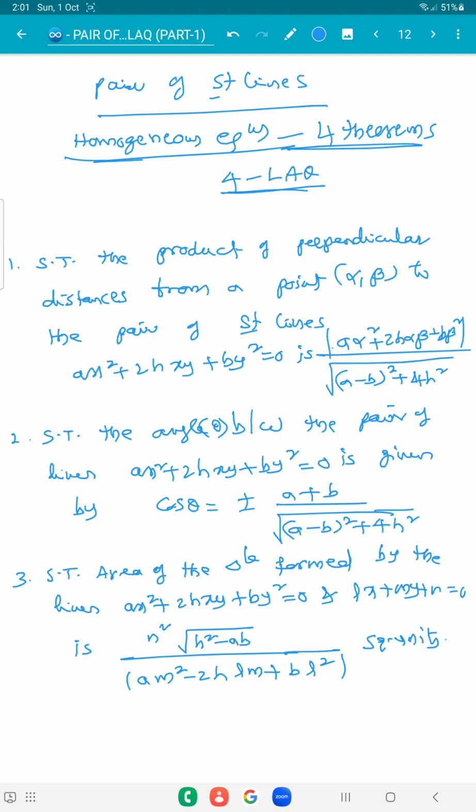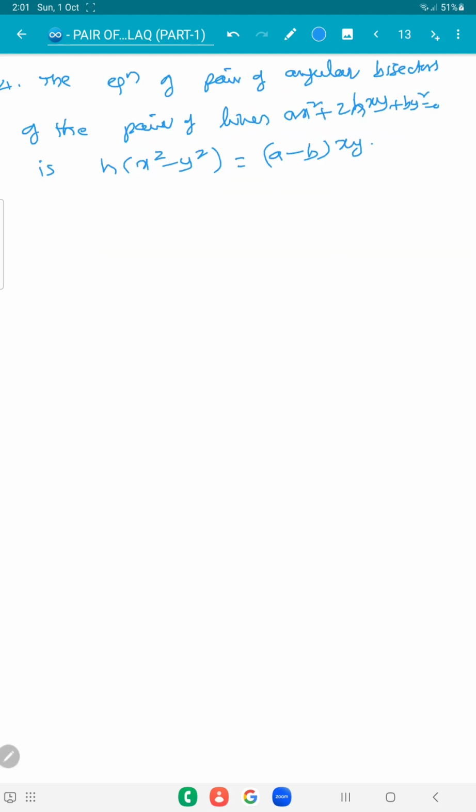The first question is product of perpendicular distances. Next one is angle between the pair of lines. Third one is area of the triangle, and the fourth one is pair of angular bisectors. So the formula we need in this one is,